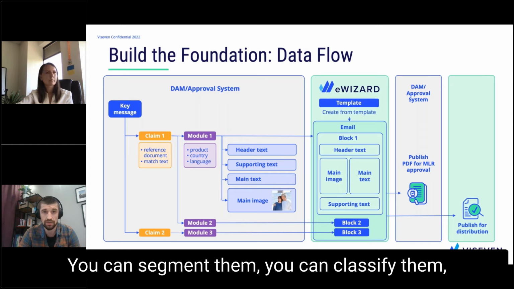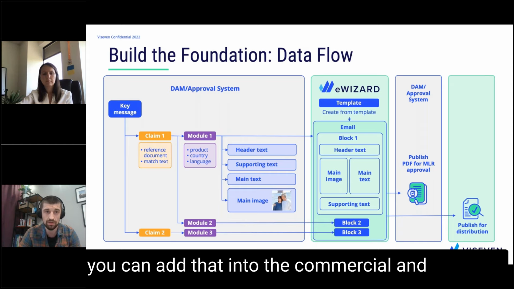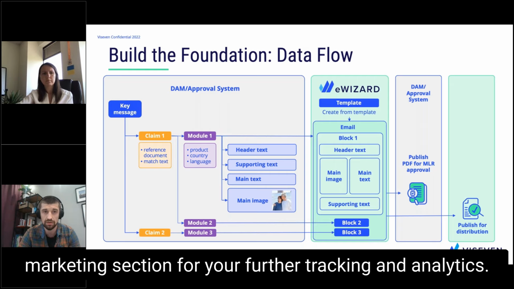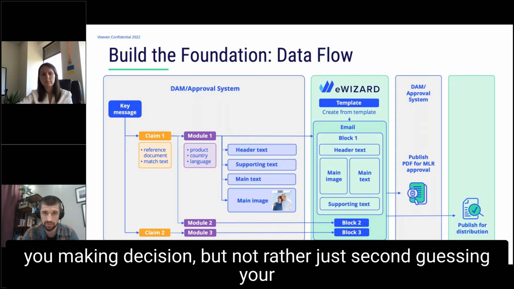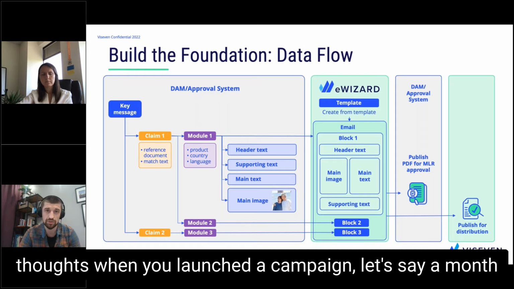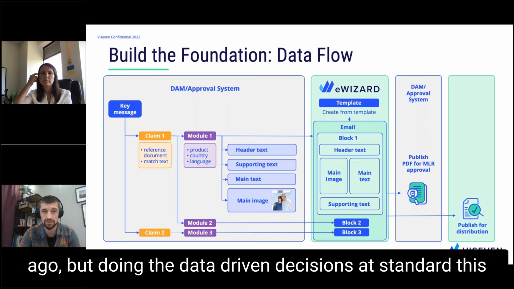You can segment them, you can classify them, you can add that into the commercial and marketing section for your further tracking and analytics. And all of that can play a huge role in you making decisions, rather than just second guessing your thoughts when you launched a campaign, let's say a month ago, but doing the data-driven decisions instead.